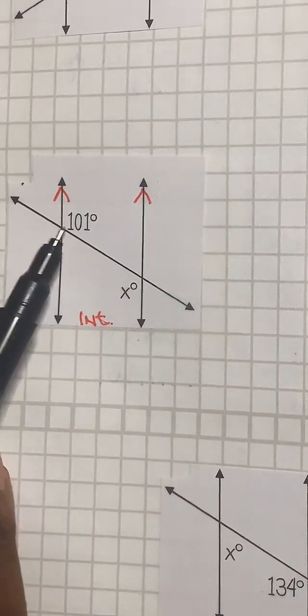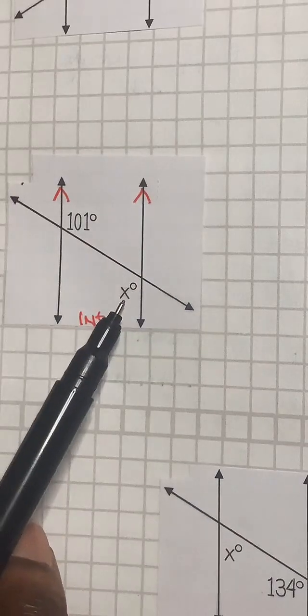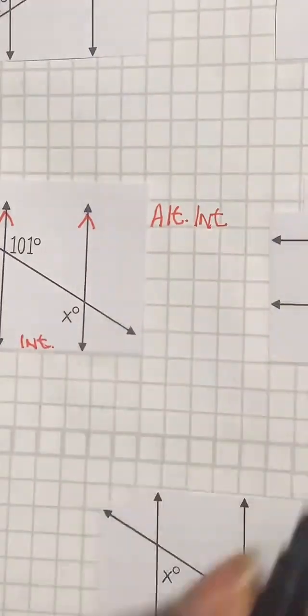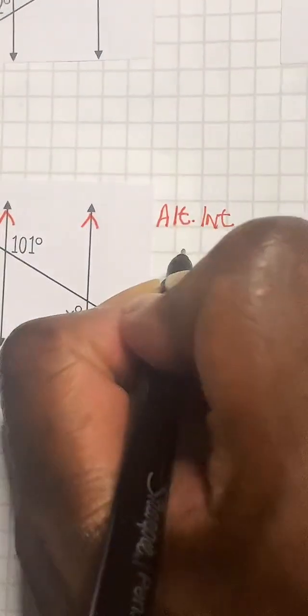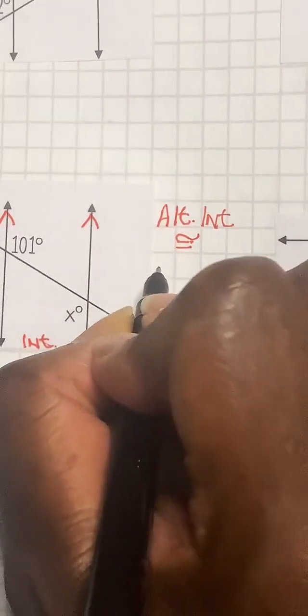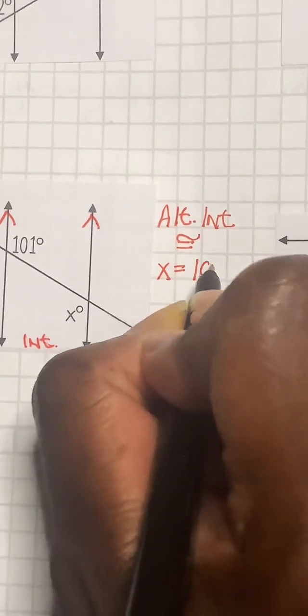Now, one's on one side of the transversal and the unknown is on the other side. So they are alternate and they're in between, so interior. And alternate interior angles are congruent. So that means the angle for X is also going to be 101